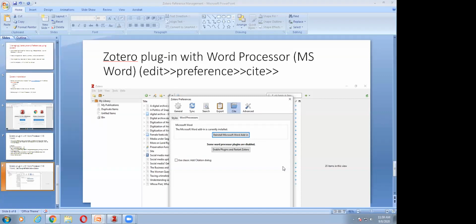So these are the four steps. You just follow it. I will show it when I move to Zotero. It's a very easy step. And then say install Microsoft Word add-in. So the plugin will be automatically installed in your MS Word. I'll show practically how it will be done.